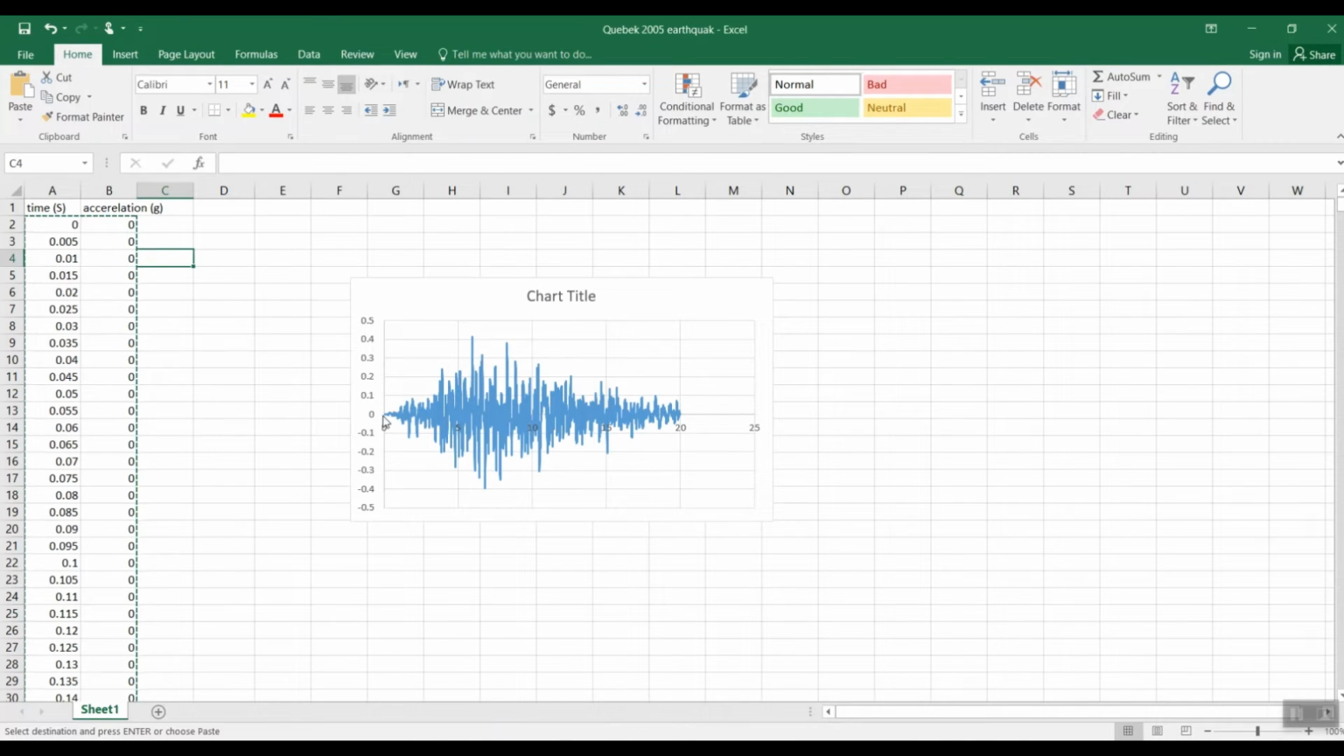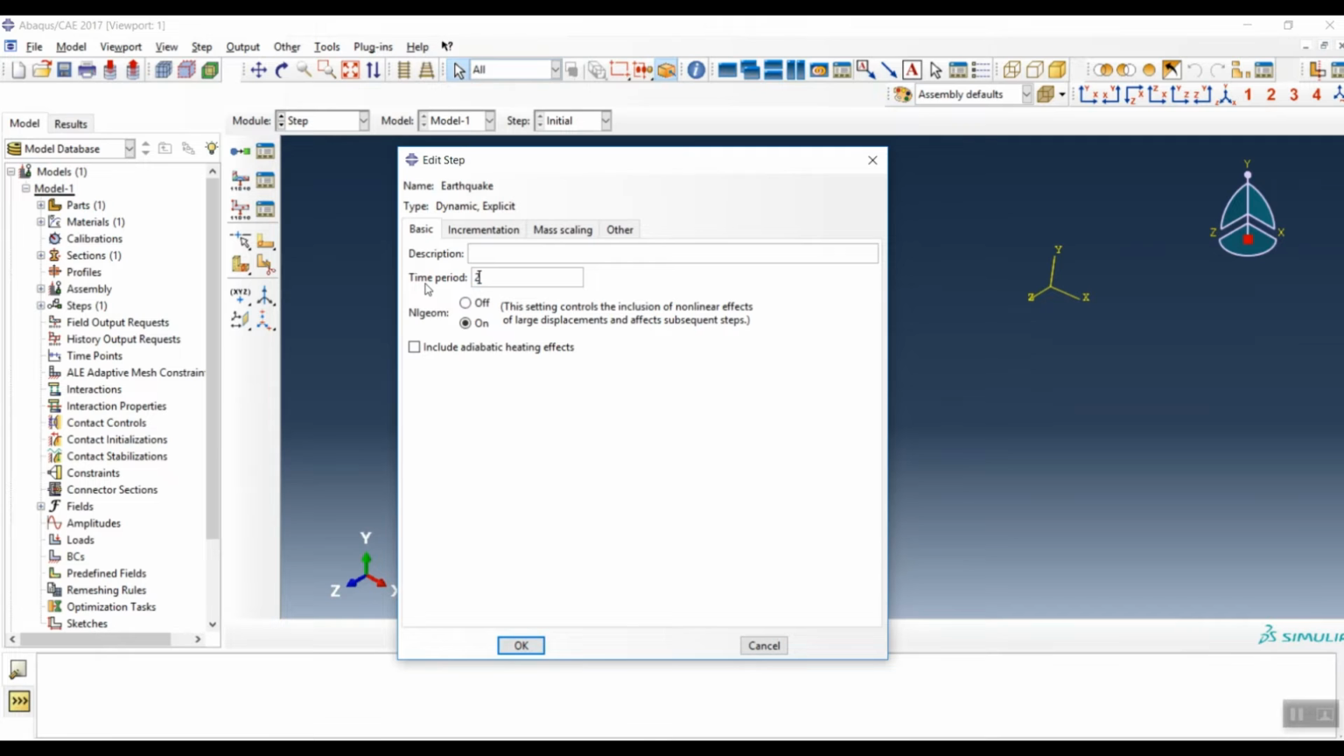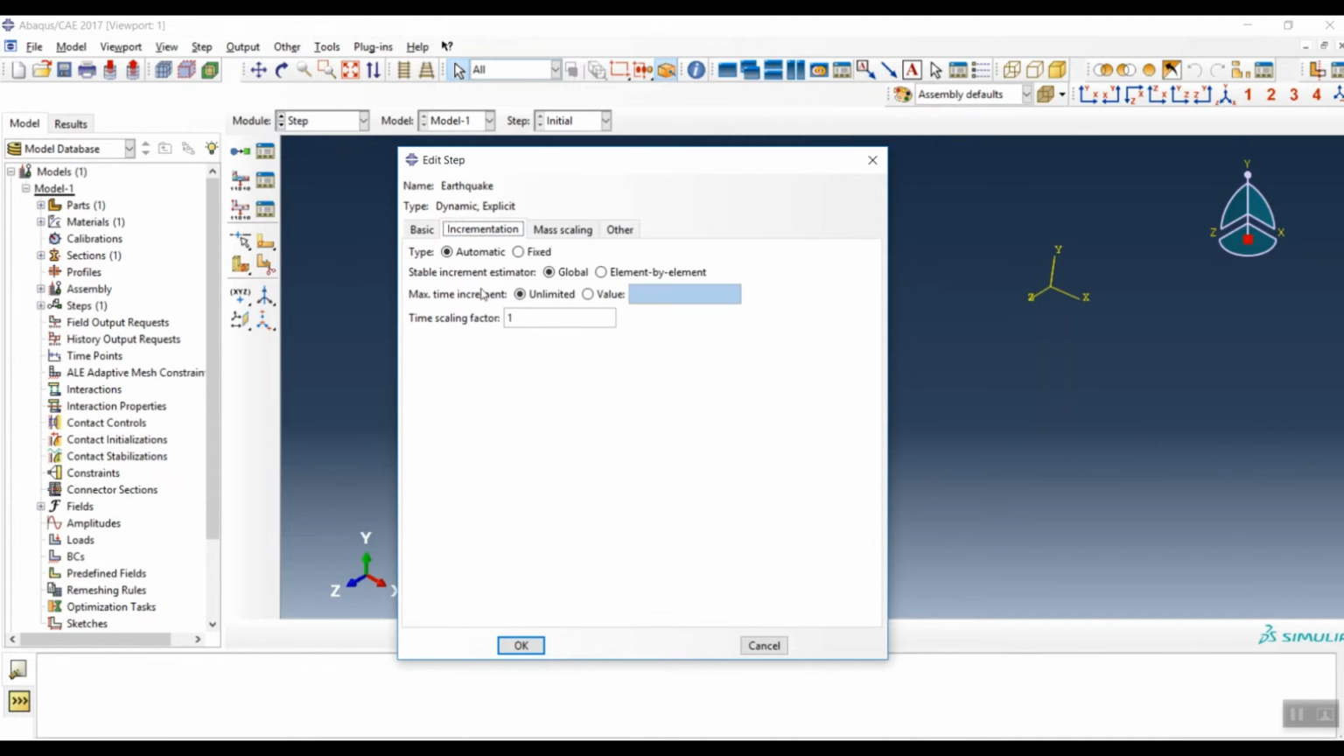From this diagram, we know that the earthquake time period is 20 seconds. Then I apply 20 seconds here. Also, this is a geometrically nonlinear analysis. Then you have to click on it to turn it on, and go to the increment, and here you can change the maximum time increment to, for example, 0.1. Click on OK,